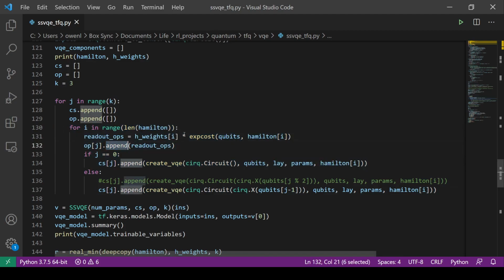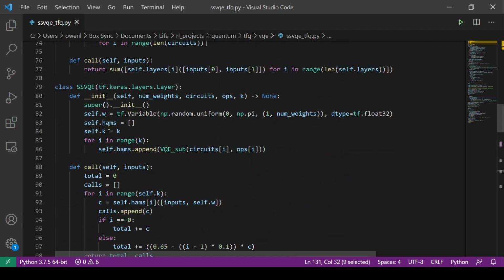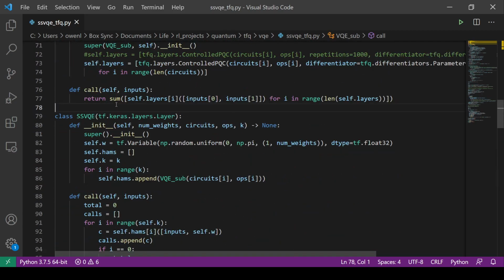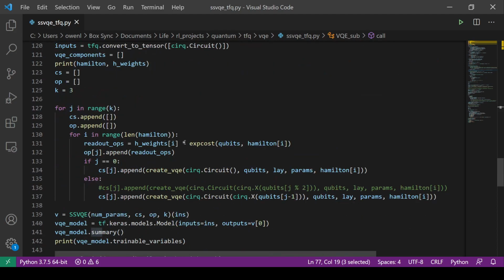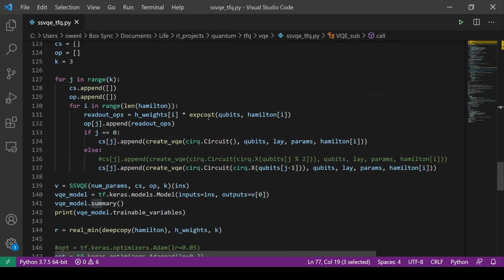The readout ops are the same. The expectation value cost is the same. Remember, the reason we just can do a sum here in this VQE call is because the readout ops have the weights built into them. And so then the only difference is that for the ground state, this is exactly the same,